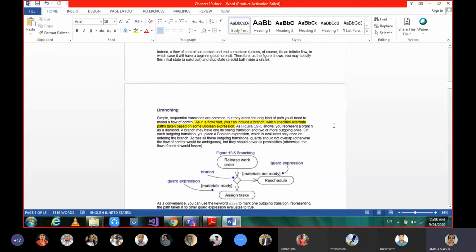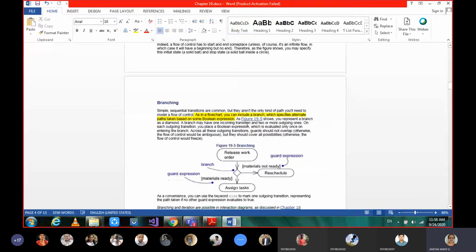Okay, and then moving on to the next terminology, that is branching. See, not only is the flow control transferred from one activity to another, but when the control has to be transferred, maybe based on some condition, it needs to take branching. So at that time the branching topic comes into picture in flow control.